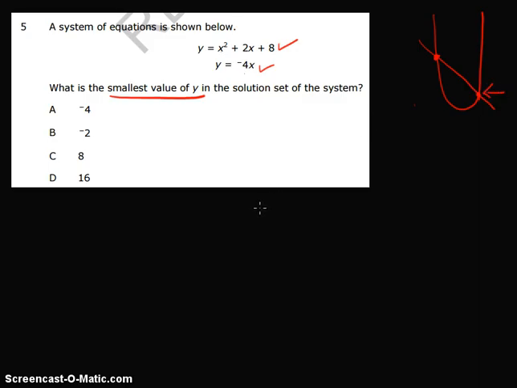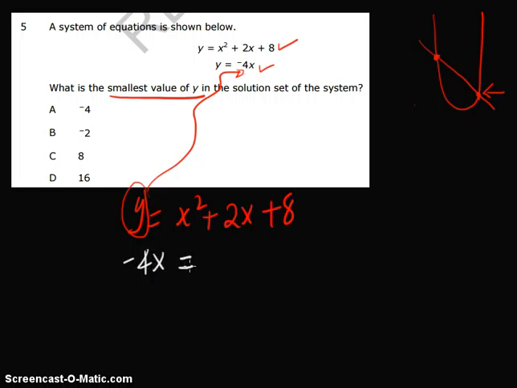How do we do that? Well, since we have a system, we can apply substitution. As you can see from the second equation, y is given explicitly in terms of x, which is y equals negative 4x. So I'm going to write y equals x squared plus 2x plus 8, the first equation. And then in the second one, I'm going to replace this y by negative 4x, because it says y is also negative 4x. So when I do that, I get negative 4x is equal to x squared plus 2x